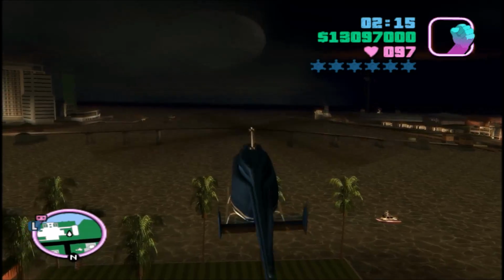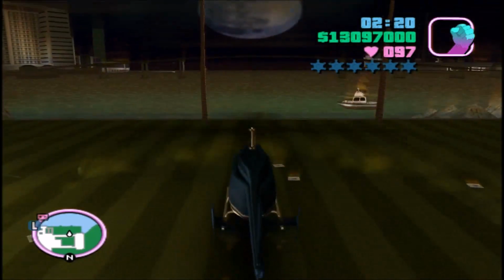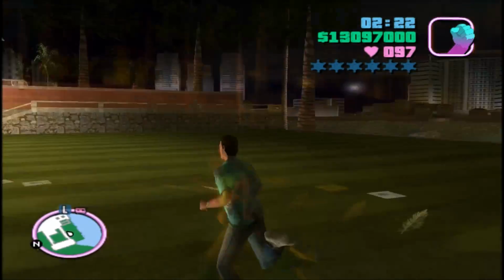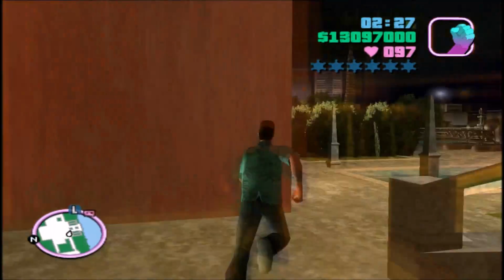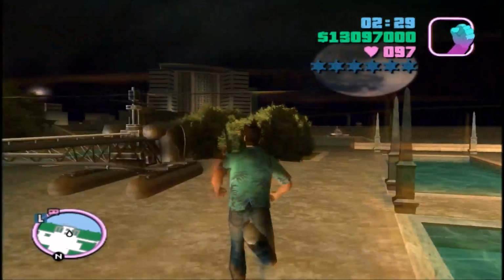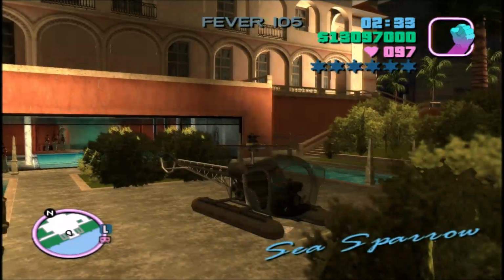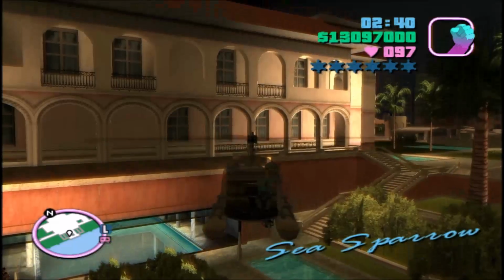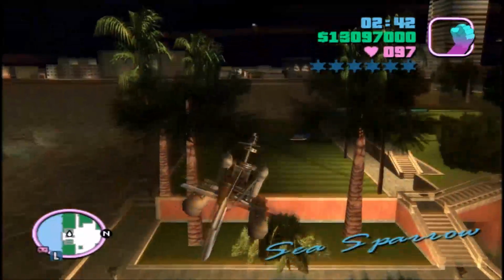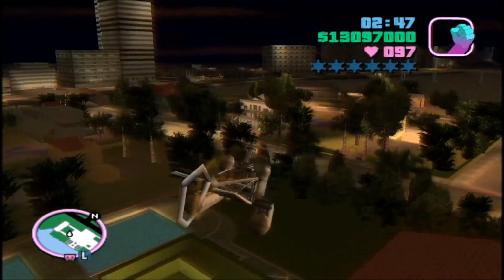So land the helicopter here in this green patch on Starfish Island. Also, one time when I got here with the helicopter, just a normal Maverick, the gang members from Diaz's mansion started shooting me, and I don't know why. So yeah, okay, here's the Sea Sparrow. It'll unlock once you have your 80 hidden packages. Once it's unlocked, get in it, turn, and then go on this side of the mansion. Here we go,